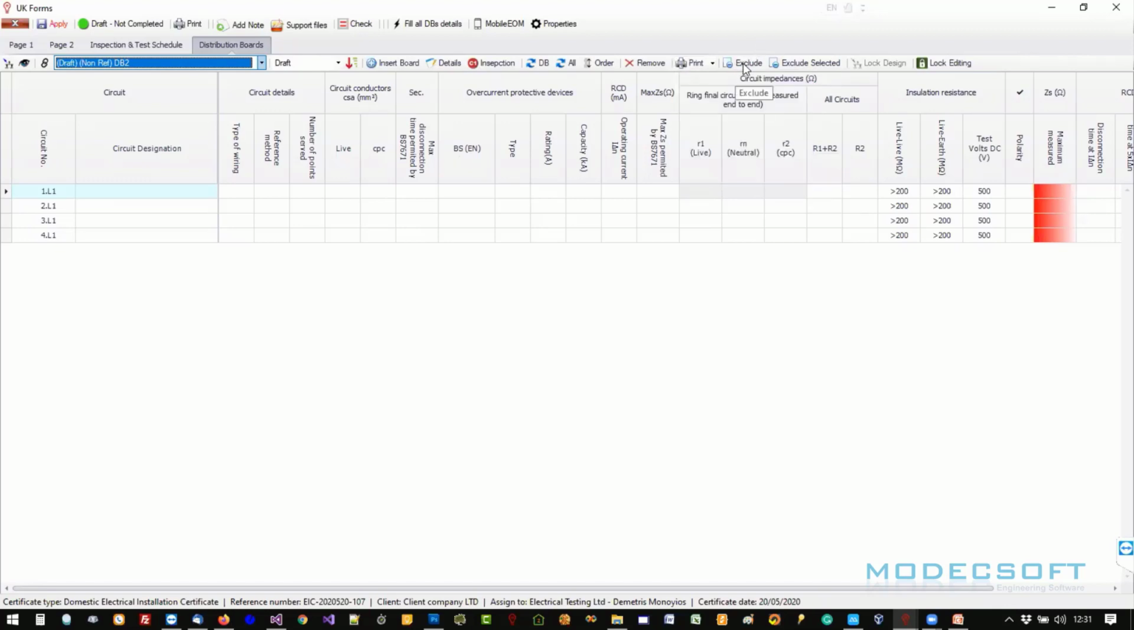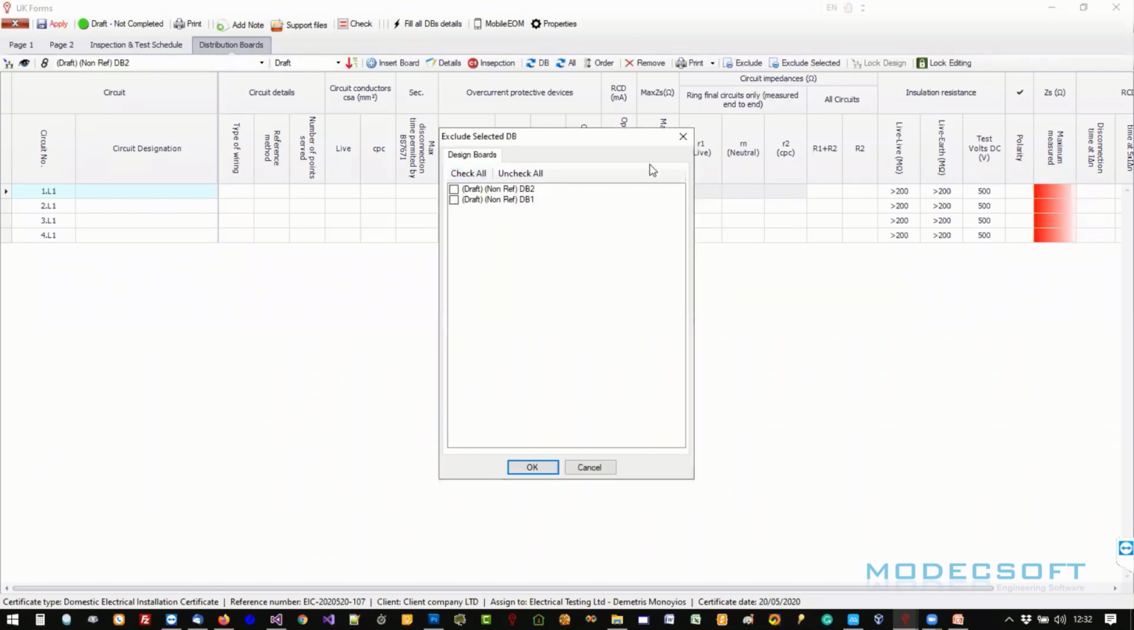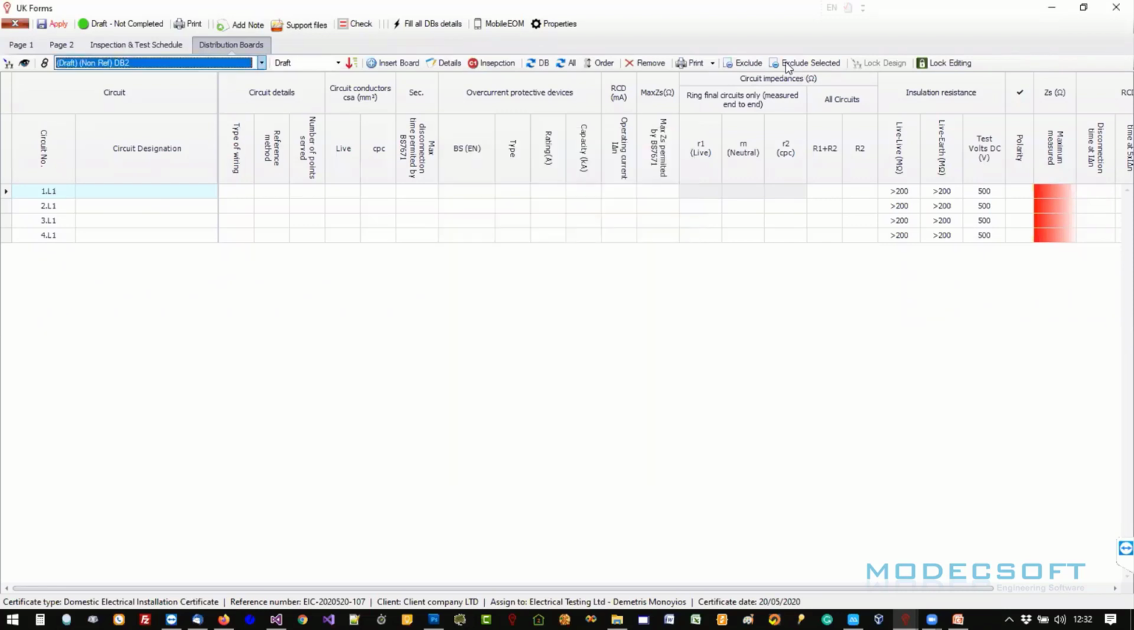You can exclude that from the final report or certificate. So you can exclude any DB. If you have a list of DBs and you just want to print, or you want to include only some part of this installation, you can exclude some of them or exclude selected. So you can quickly choose to check which you would like to exclude. And then you can look at editing. So if you're happy with editing and you don't want someone to go and check that for you, you can log it, or you can then